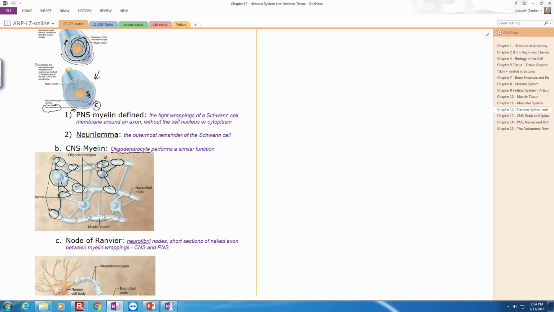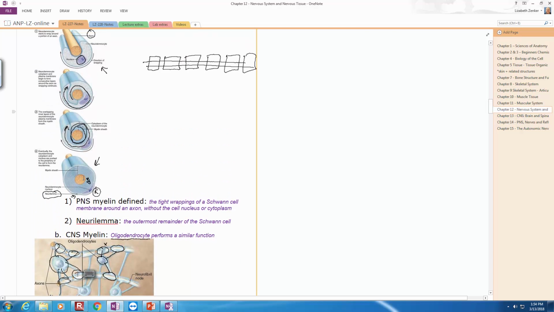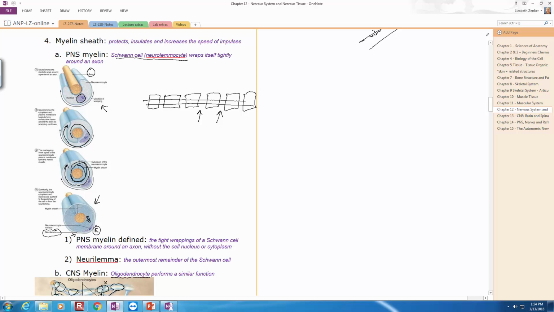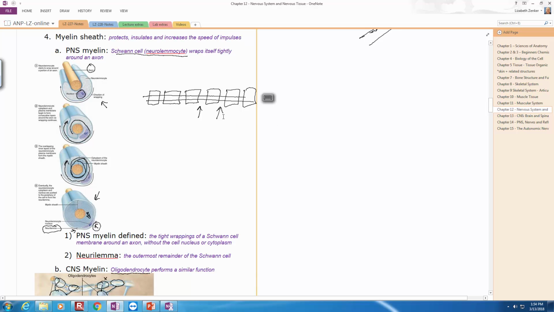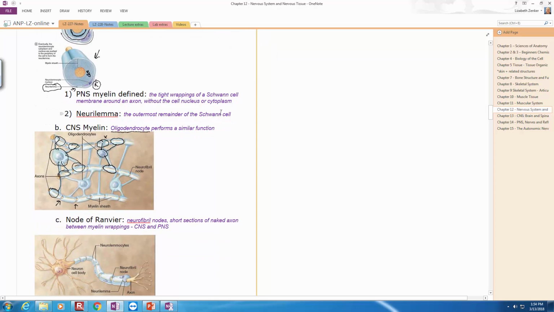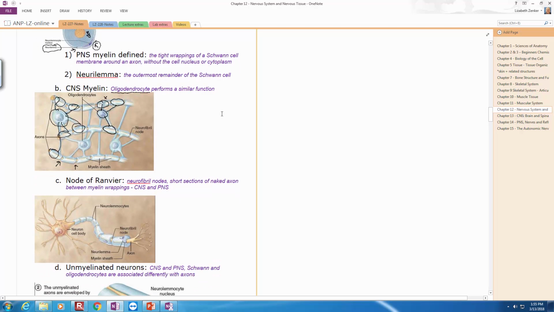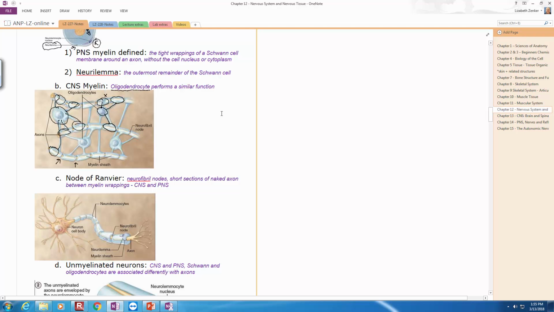Now, in between those little spaces that I said, remember they don't touch in between these? On my little hand drawing here, these little spaces in between are what are called nodes of Ranvier, okay? A node of Ranvier is a neurofibril node, a short section of naked axon between the myelin wrappings. They're called the same thing whether you're talking about the CNS or the PNS space between these myelin wrappings. So that's why it's saying it's in between there, and in between here, and in between here. Those are all nodes of Ranvier. Okay, so node of Ranvier, what else do I want to tell you? So Schwann cell or oligodendrocyte,